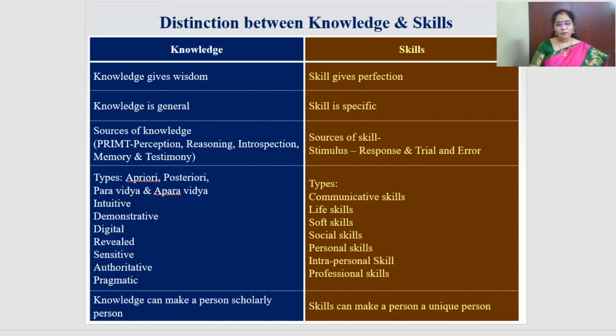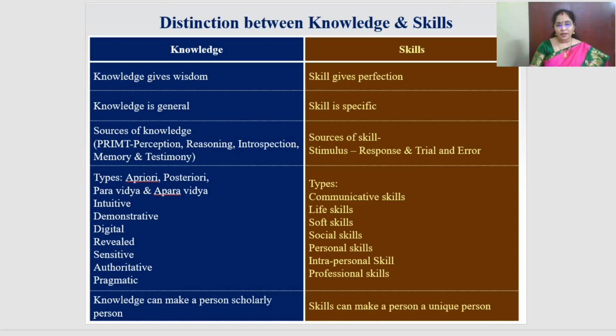There are various types of knowledge which are already explained in Unit 1, Part 1 video lecture: a priori, posteriori, paravidya, aparavidya, intuitive, demonstrative, digital, revealed, sensitive, authoritative, pragmatic knowledge. With regard to the skills: communication skills, life skills like time management, stress management, soft skills, social skills, personal skills, intrapersonal skills, professional skills. At last, knowledge can make a person a scholarly person, but skill can make a person